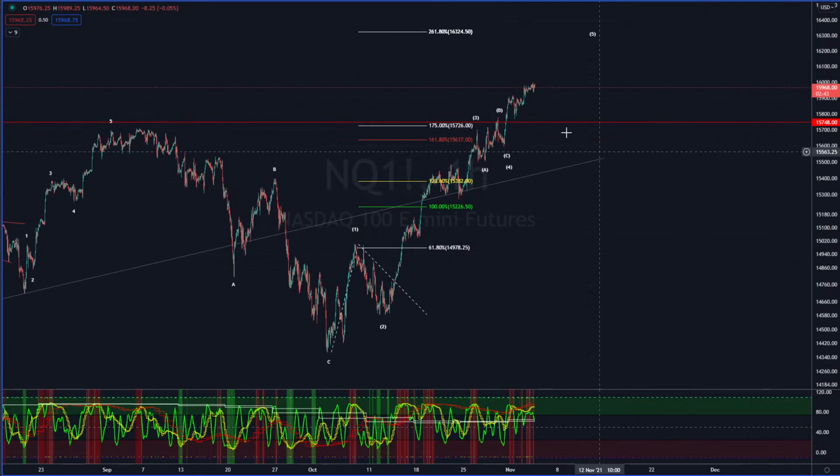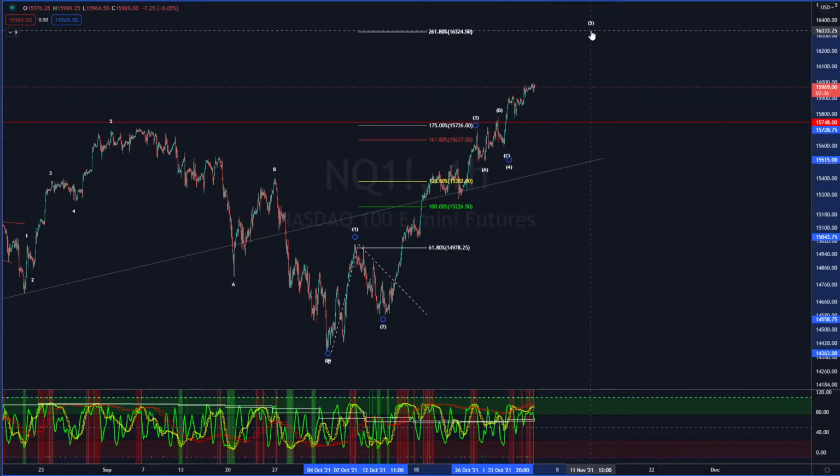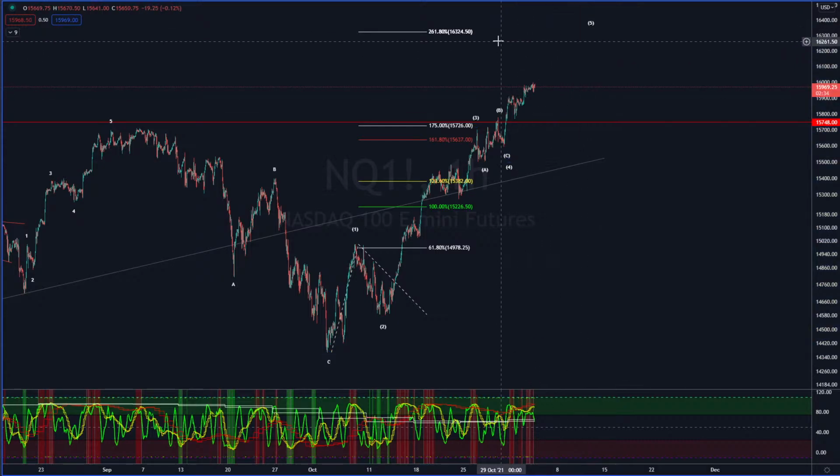Honestly, I do think that we have potentially from down here a nice 1-2 and then working on a 1-2. I'm saying that wave 5 here for Nasdaq is going to be about 16,325. Wouldn't surprise me one bit. Now, what's the time frame for that? I'm saying that it's probably going to hit that sometime in the next couple weeks, which I'm in a hedge short position on Nasdaq. Wouldn't fare well for my hedge short position on Nasdaq. But it is what it is.